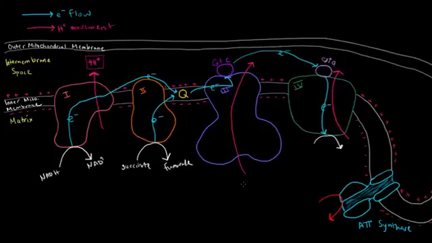And notice complex number 3 actually pumps protons as well. It pumps 4 protons as well. So we have 4 protons being pumped into the intermembrane space. Cytochrome C then gives its electrons to cytochrome A, which is part of complex 4, which gives its electrons to oxygen, which becomes water. So we're going here from oxygen, starting off with 1/2